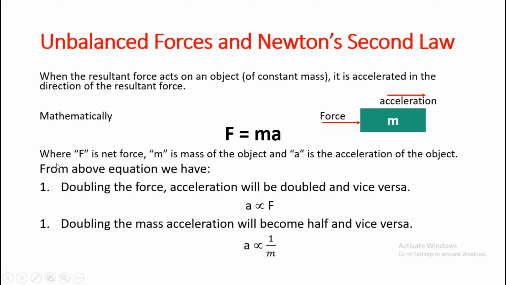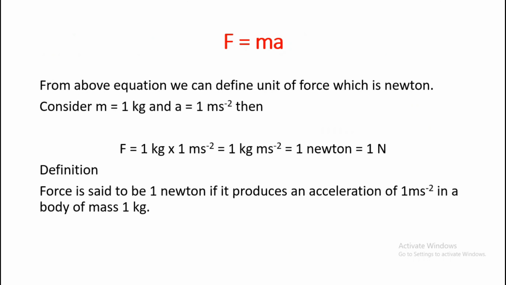We know that if we apply more force on a body, its acceleration will be more, and vice versa. That is, if we increase the force, acceleration increases. But if the mass is constant, and for constant force, if we increase mass, acceleration becomes smaller and smaller. So from this we see that acceleration is directly proportional to force and acceleration is inversely proportional to mass. Combining these two cases or these two equations, we can have F = ma, which is Newton's